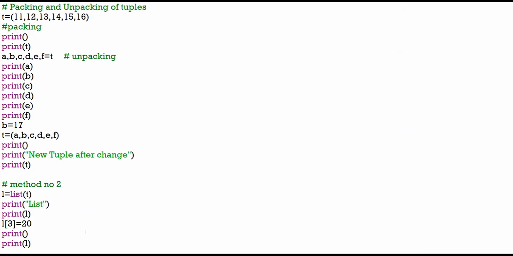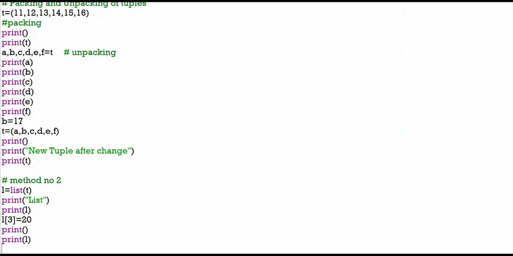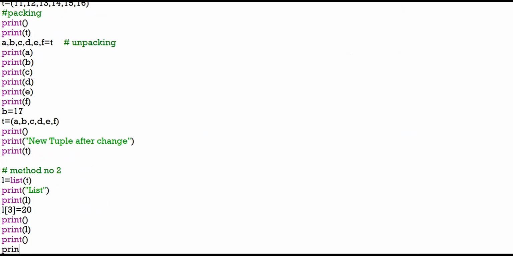Okay. Now the last operation. Once you have done this assignment, create a tuple again from the changed list.